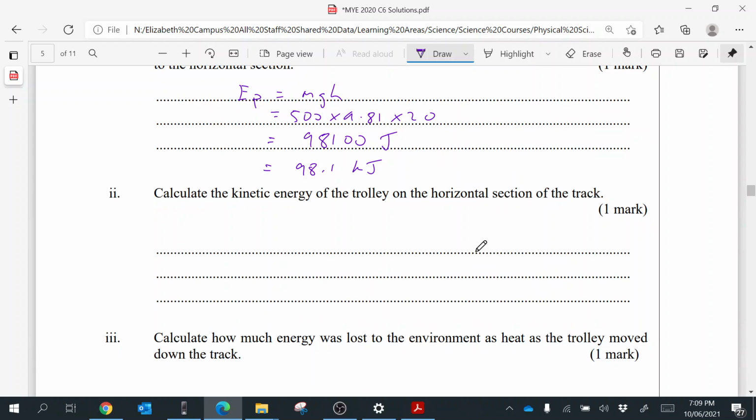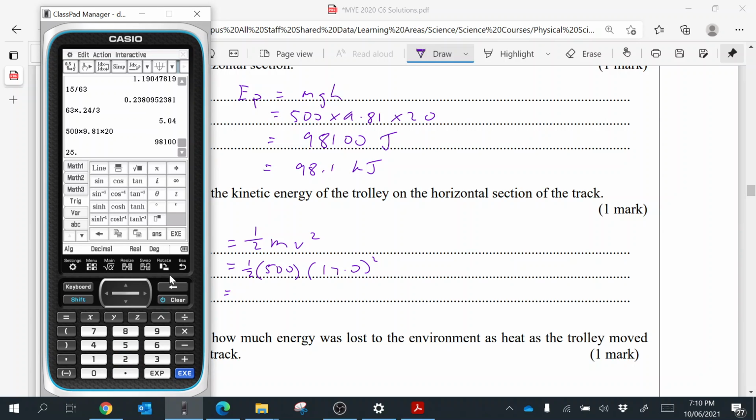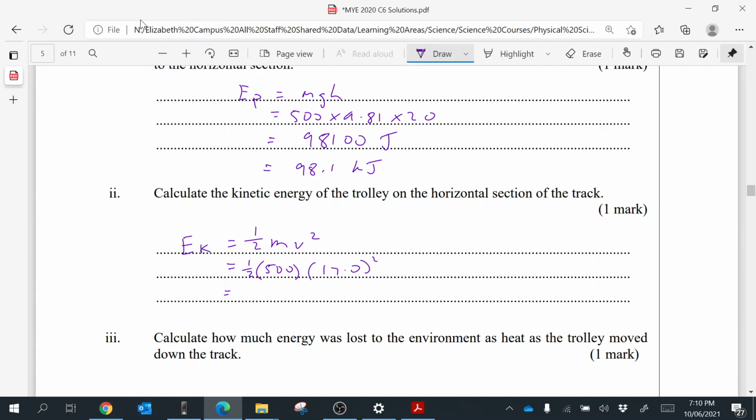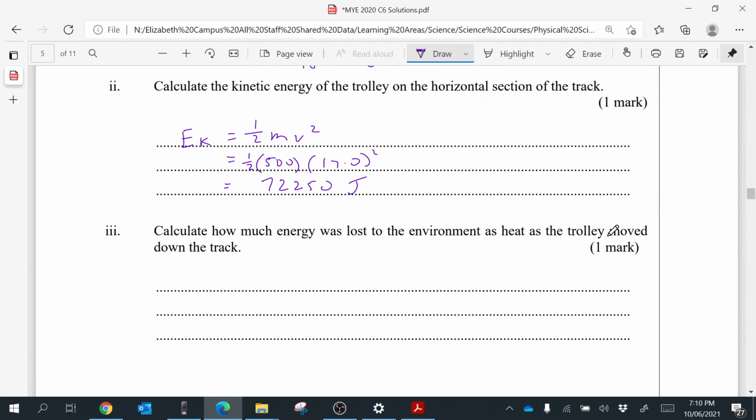Okay, so EK. Remember these formulas are on your formula sheet. It's equal to half mass times velocity squared, which is equal to half times 500 times 17.0 squared. That is going to be equal to 250 times 17 all squared. So 72,250. Oh, it's smaller than our potential energy. 72,250 joules. Calculate how much energy was lost to the environment as heat as the trolley moved down the